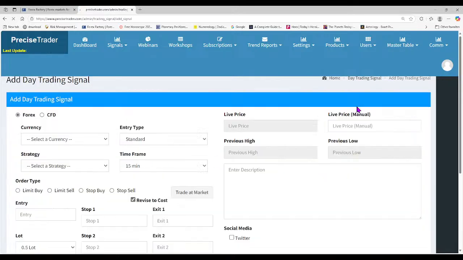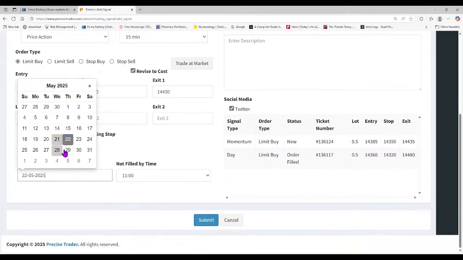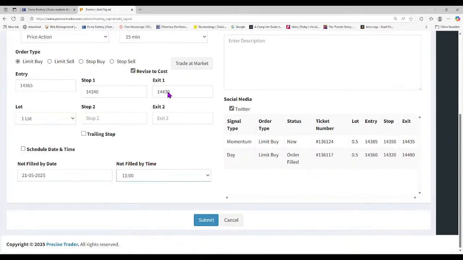Okay, so this one we will go one lot, 43.65, 43.40 stop, and 44.30. Okay, this is a one lot, and this one we can give some time. Okay, that means maybe until